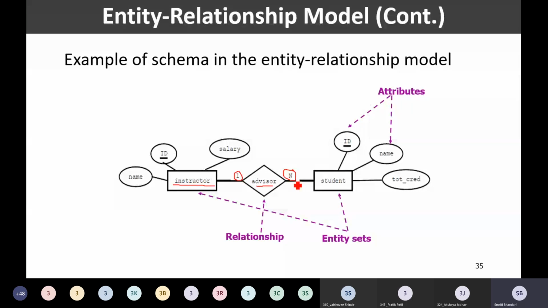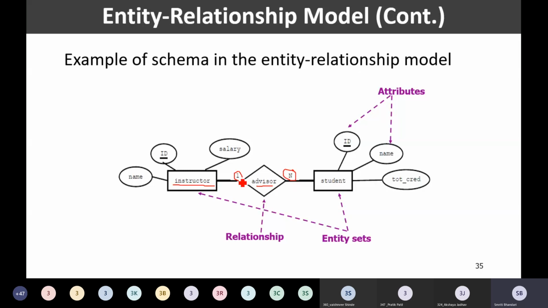That means this relationship is one to many. 1 and N means this is a one to many relationship from instructor to student. One instructor may have several students associated under this relationship. So one instructor may be advising more than one student, many students, and that is why it is a one to many relationship.